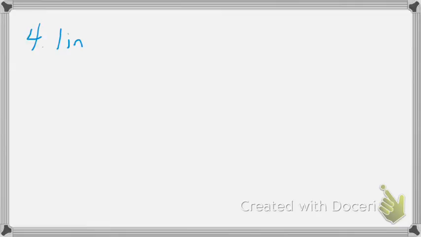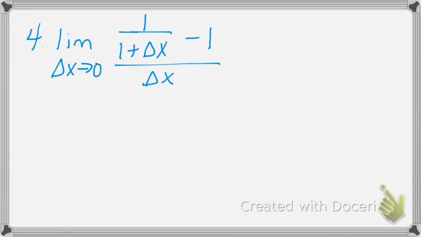Last kind of problem of this type. Again, you're going to think about all the different kinds of problems that we have. And basically, I'm going to need to get a common denominator here. It's kind of weird because it's got a delta x in there, but it's the same process. So when I get a common denominator,